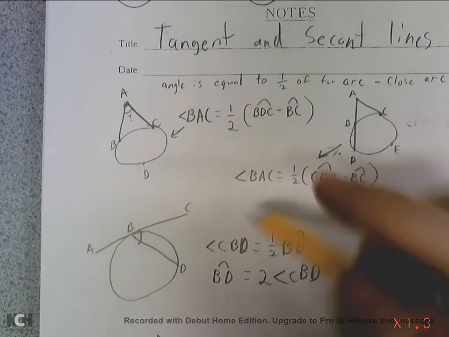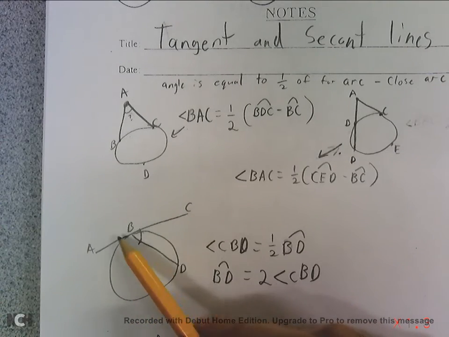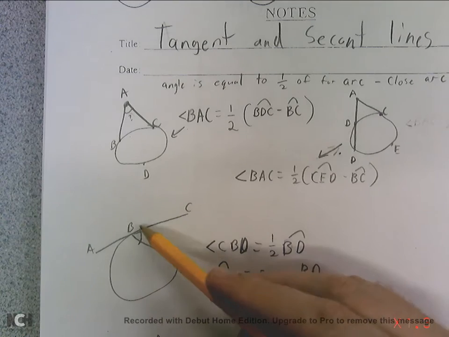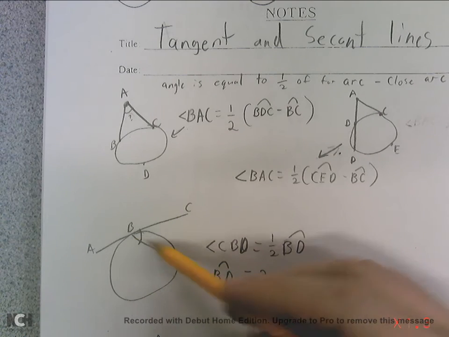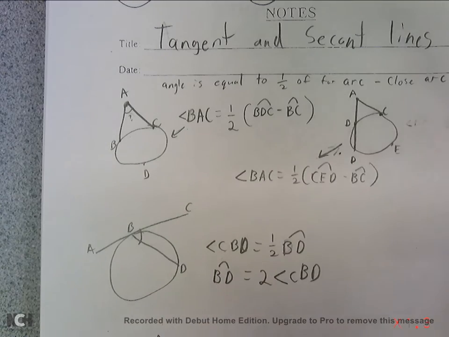The other property we need to talk about is when we have a tangent line and a chord that's intersecting. So not a radius. A radius intersects at 90 degrees. This is a chord. Basically what happens here is the intercepted arc, so BD, is going to have the same properties as